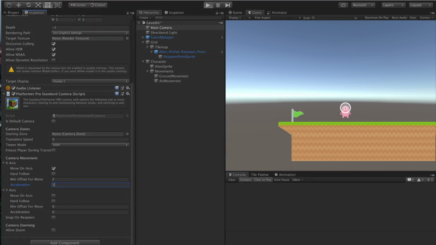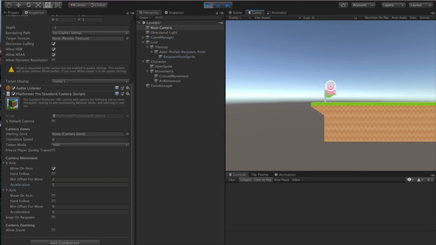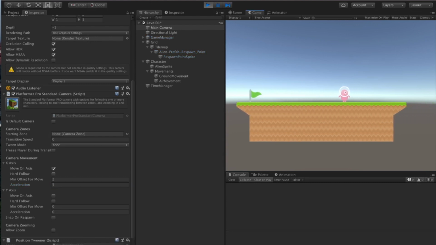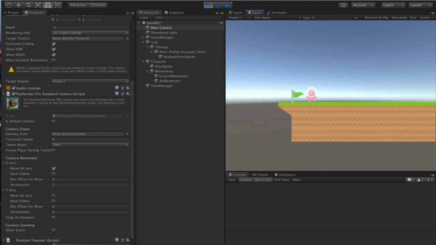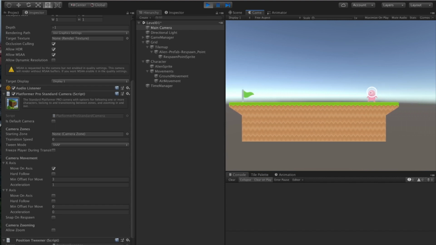We hit play now. We'll see that the camera follows the character. However, it's a little bit jerky. I think the change we want to make is letting the camera offset a bit more and reducing that acceleration. Maybe not quite so much.